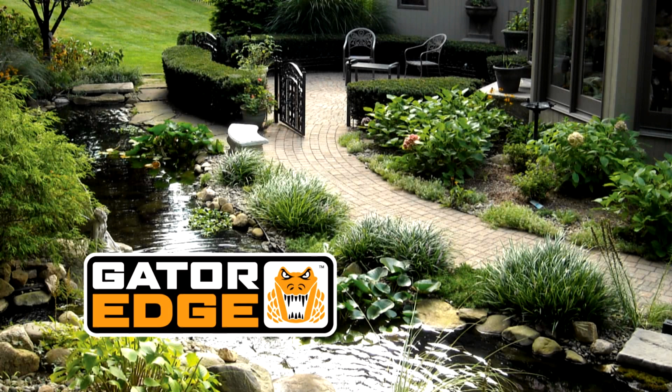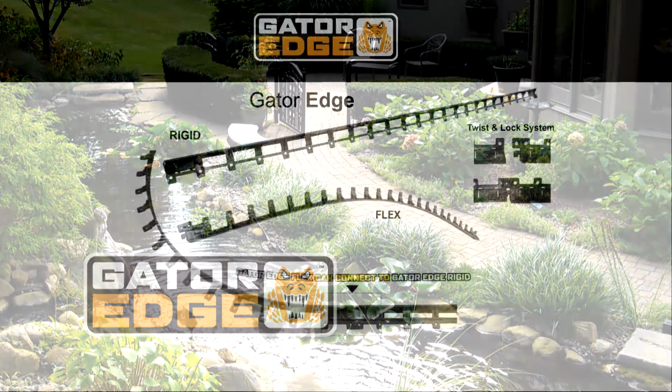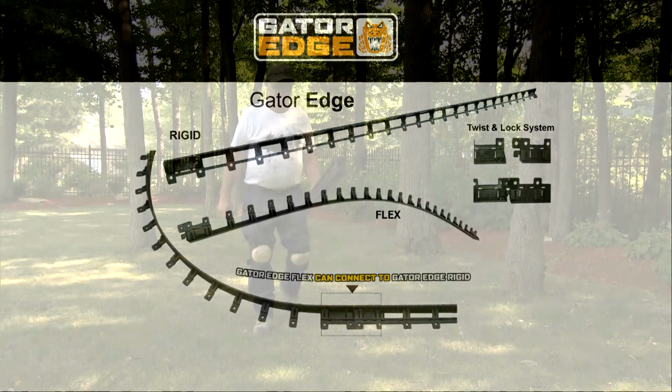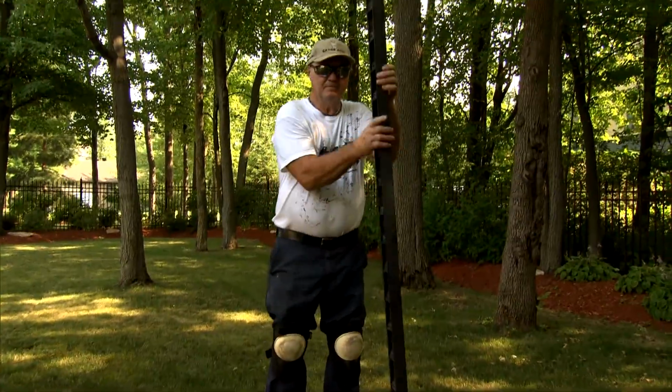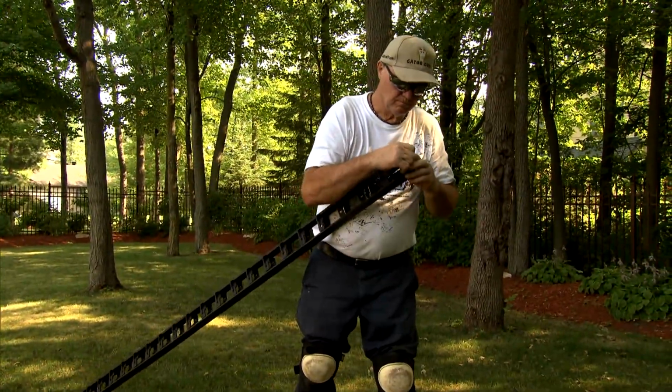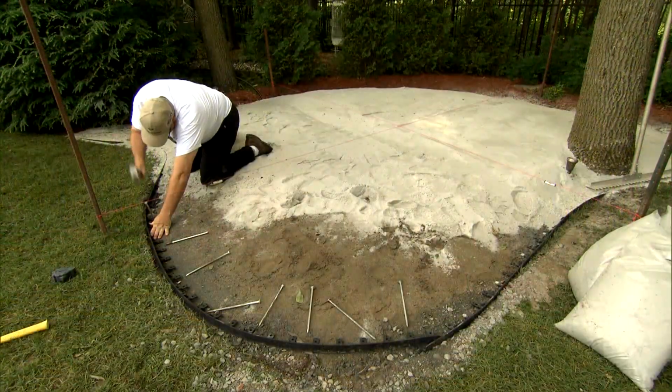Gator Edge Rigid and Flex have a wall height of 1 3/4 inches and are made with 100% polypropylene copolymer. This will give it great strength as well as providing great flexibility. We have a rigid model, which is ideal for straight applications, and a flex model that can be used for